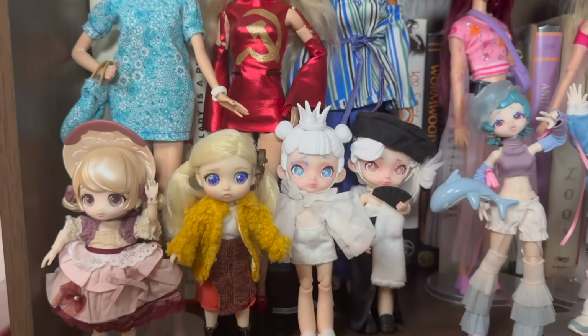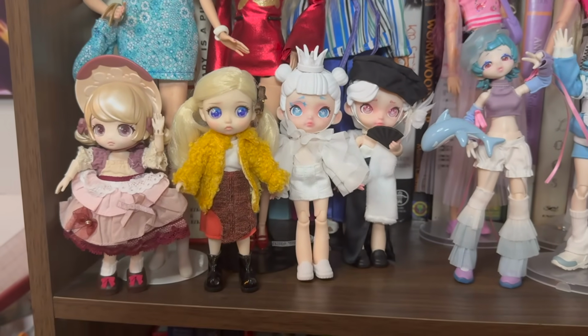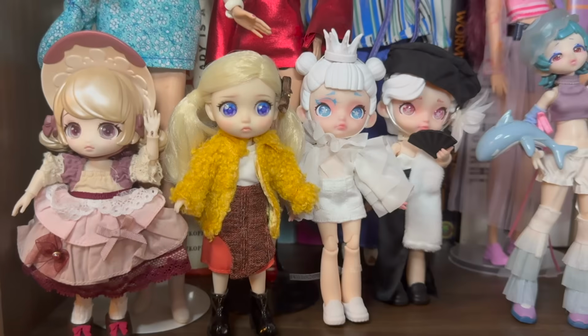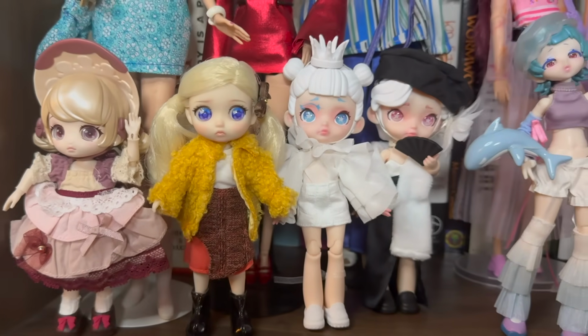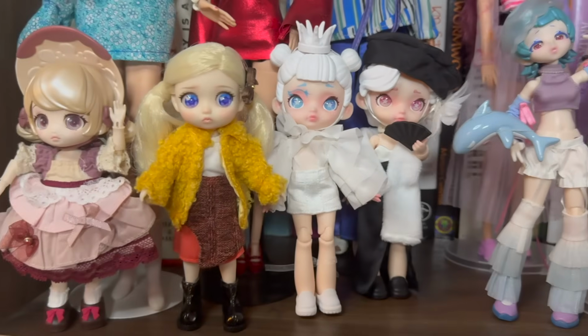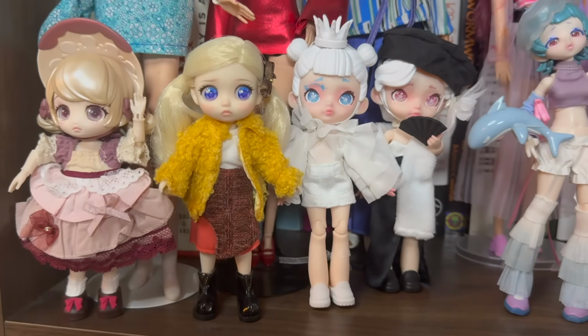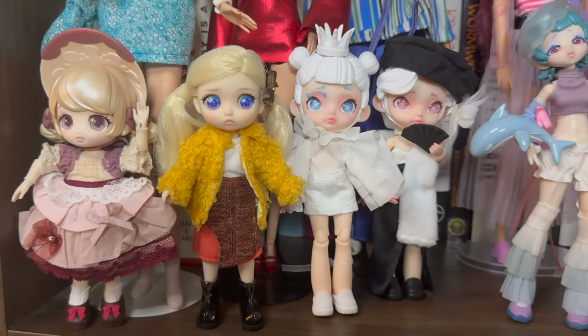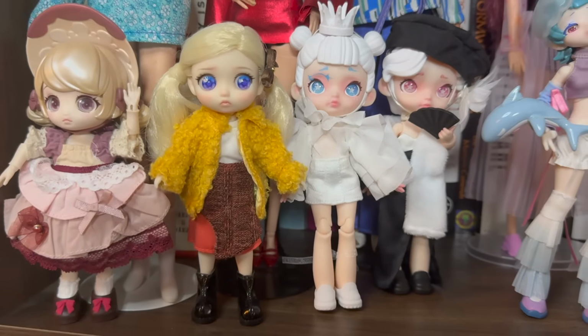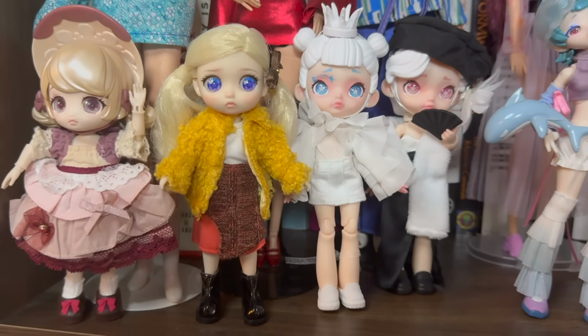And then beneath them are some more little blind box BJDs. Where did I get these? I think most of them are from AliExpress. They're just cute little girls. There's Laura. Terrible quality, cute doll. This one I was actually really impressed with. The best part about her is her brushable hair. And you have to buy the outfit separately, which is kind of different than some blind box BJDs,